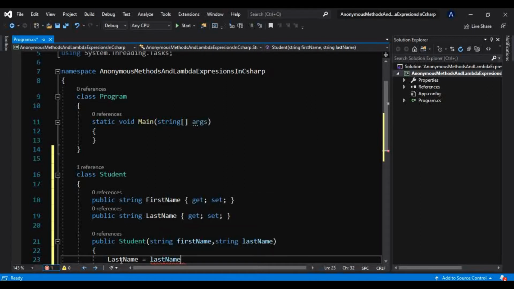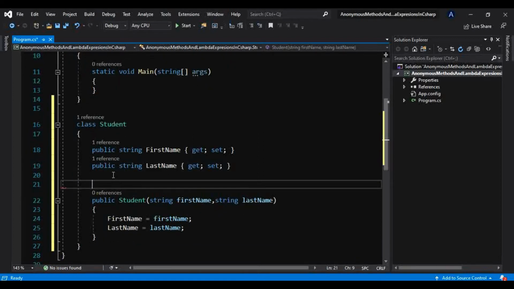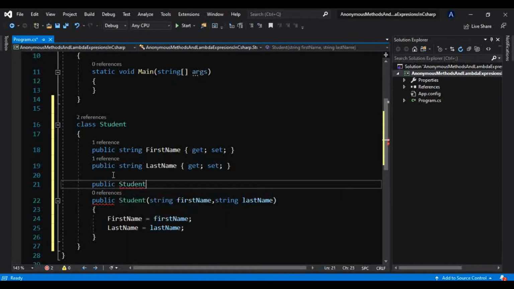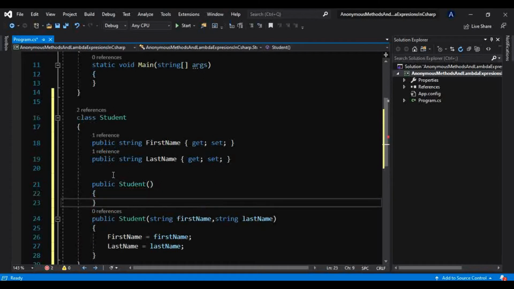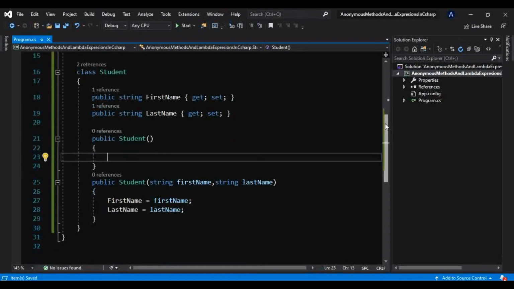Let's also have one parameterless constructor, because we know as soon as we provide any parameterized constructor, the compiler will no longer provide the default constructor which takes zero arguments. We have already learned this in this tutorial series.